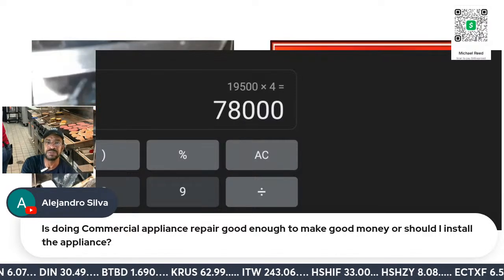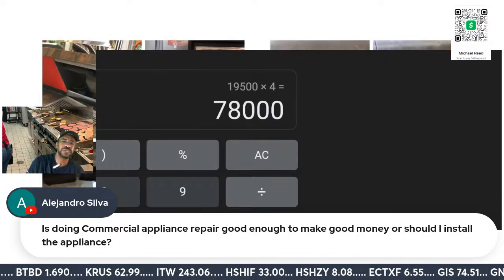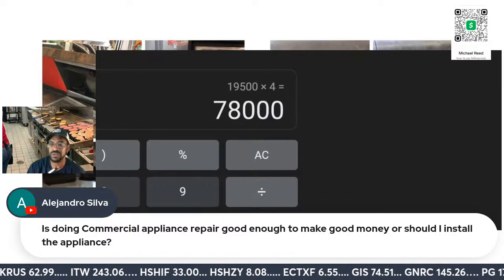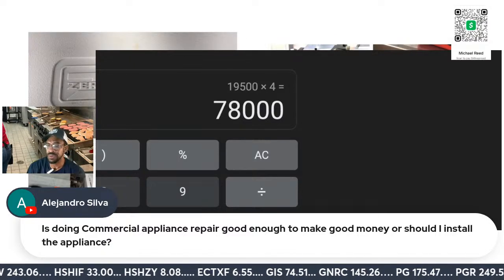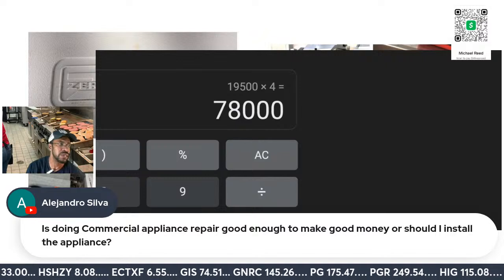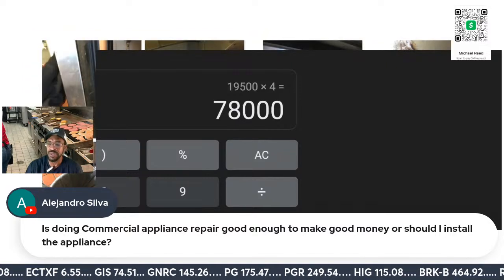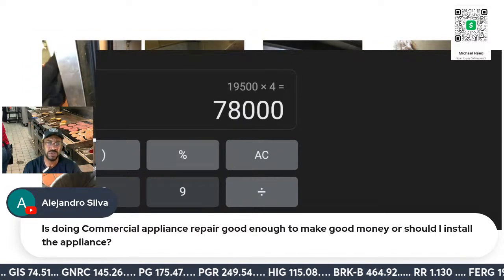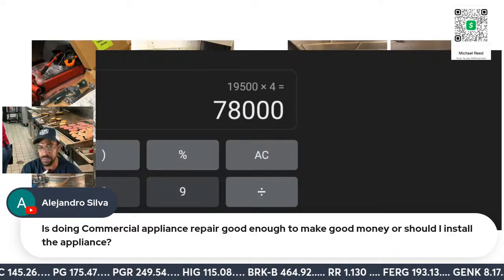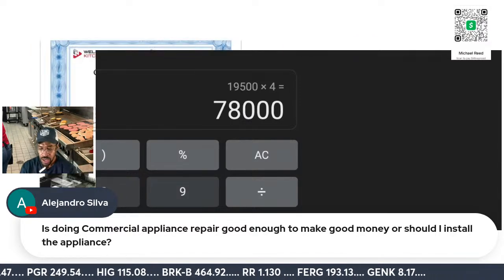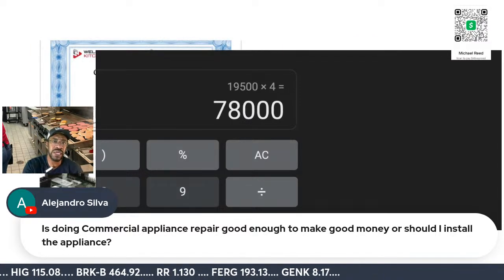Alejandro, it's completely up to you, man. Some people are not good at installs, and in some companies all they do are installs. So it is completely up to you. Just know that when you're doing installs,